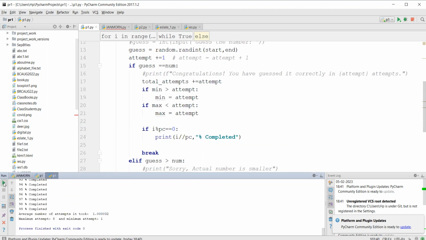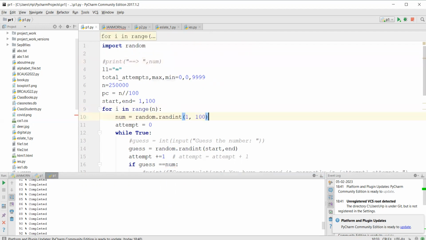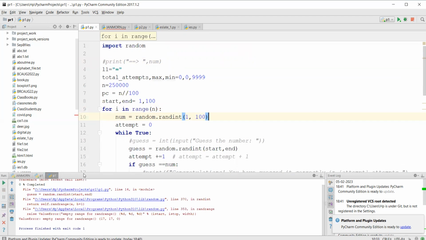Maximum is 6 times only, right? Because now you know how much to think. Now this is also because you are thinking the same number here. What I'll do, this number also, the number that we are thinking, I will put it inside the loop. So let this also change every time. Even then, you won't,